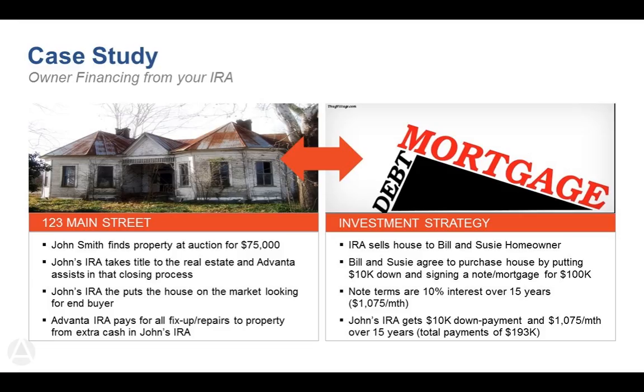So what did this look like? I mentioned a client. He actually has done this over a dozen times within his IRA. But he would buy property at auction. In this example, John buys the property at auction for $75,000. His IRA takes title to that real estate. So his IRA is on the title of the deed, and we assisted in the closing process and making sure that that happened. But John ended up, instead of keeping this property as a long-term rental, he had his IRA